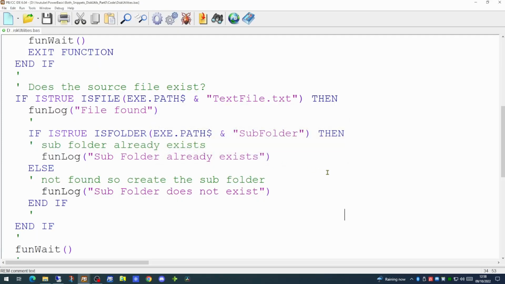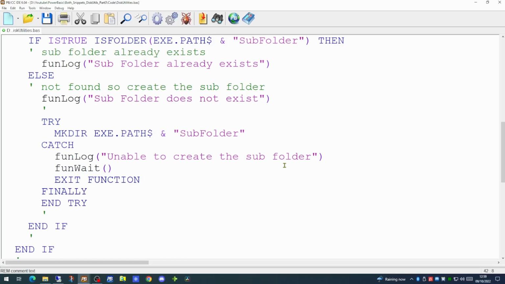So we're now going to use the mkdir command to create our subfolder. When you're using this command, it's always good to put it in a try-catch block to ensure that should any error occur, you can detect it. So here is our mkdir command, which takes the parameter being the path and the name of the subfolder you wish to create.